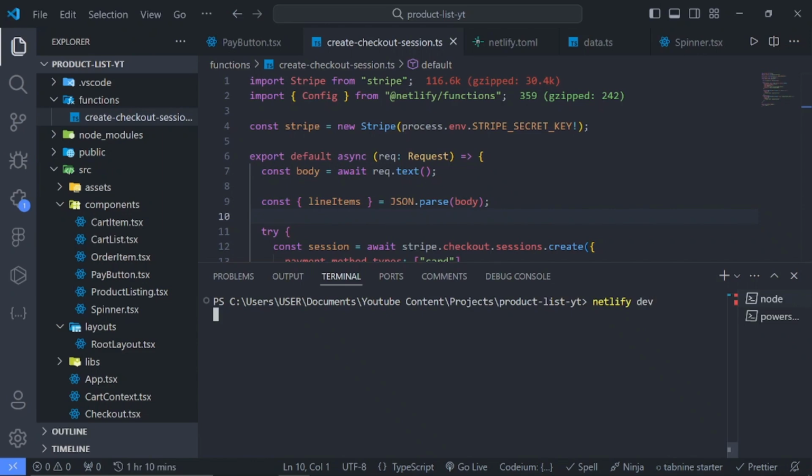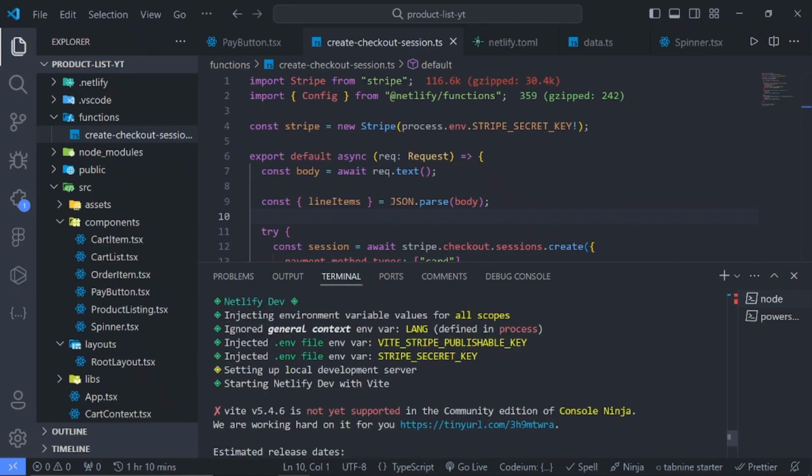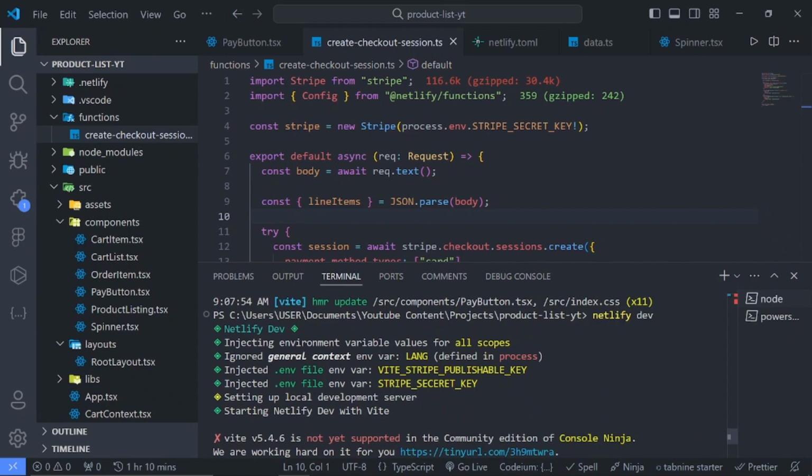So it grabs the two ports and merges them into a single port so that they can communicate with each other effectively. If I scroll back up, you see that it's injected our publishable key and our Stripe key into our Netlify env file. One cool thing about using this, and I think I will create another video about it,